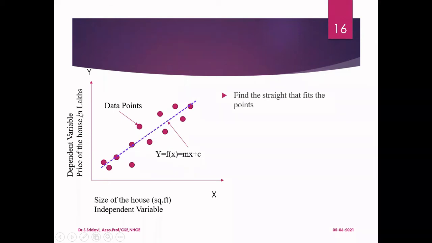It is up to the place where you are living. So I'm going to plot the points, which are called data points. The circles represent the data I have collected from my neighbors. And once I plot the points, in case of linear regression, what I have to do is find a straight line that fits the points. You have to draw a straight line that is going to fit the points.